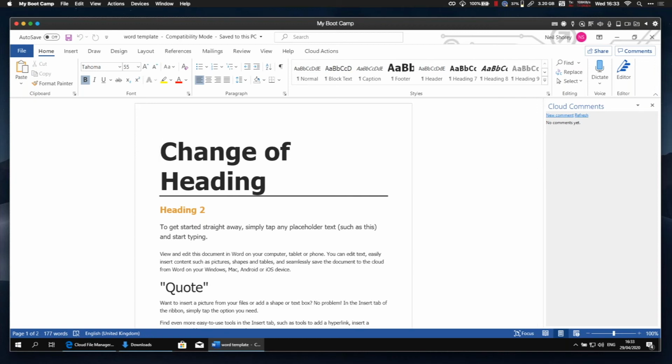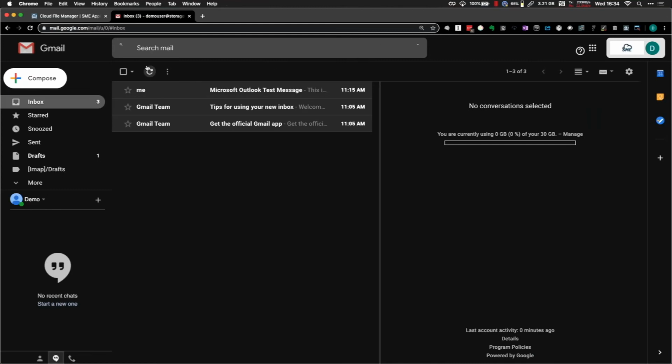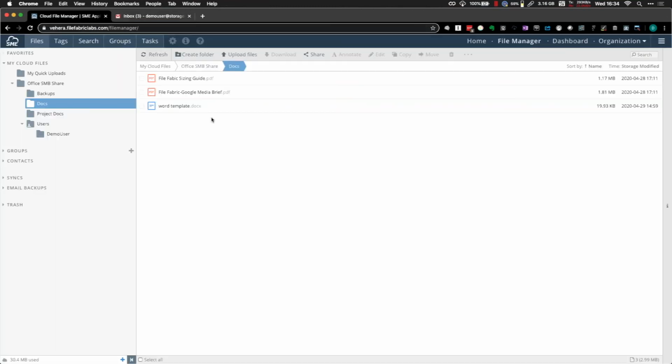So you've got more than one way of doing that. You might say to me, well, we don't use that. We're used to using editors on the web. We don't use that at all. So again, just like with Gmail, you can pretty much do all of this stuff directly from your web browser